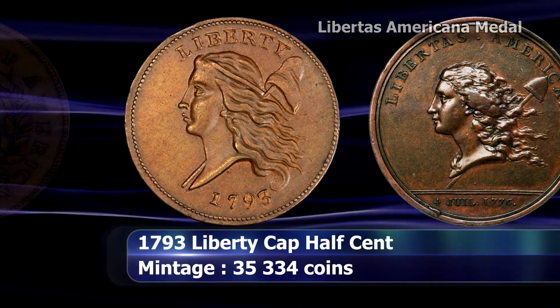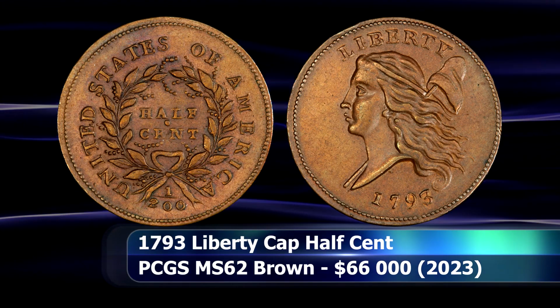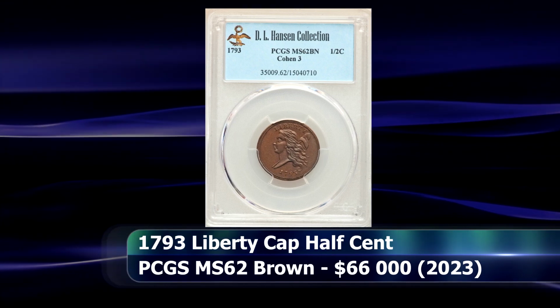The Mint would go on to issue 35,334 of these coins during its first year of full production. This example was graded by PCGS as MS62 Brown and managed to raise